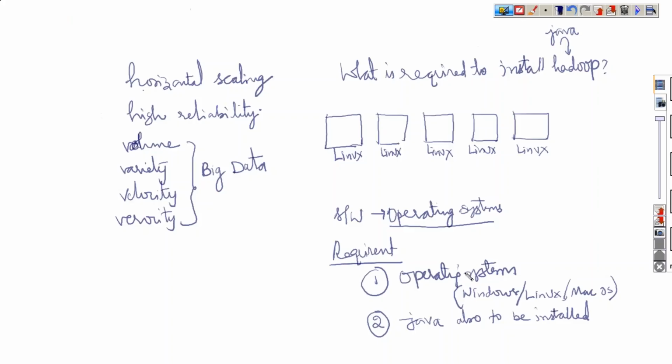Okay, so operating system and Java have to be installed. So preferred is Linux. Why preferred? Because in industry, in production, the most used operating system is Linux, because it is highly secured. It doesn't mean only Linux; it can support Windows also, and Windows is providing a good solution for this Hadoop too. Linux and Java must be installed in all these nodes. Right now Linux is there, Java is there.